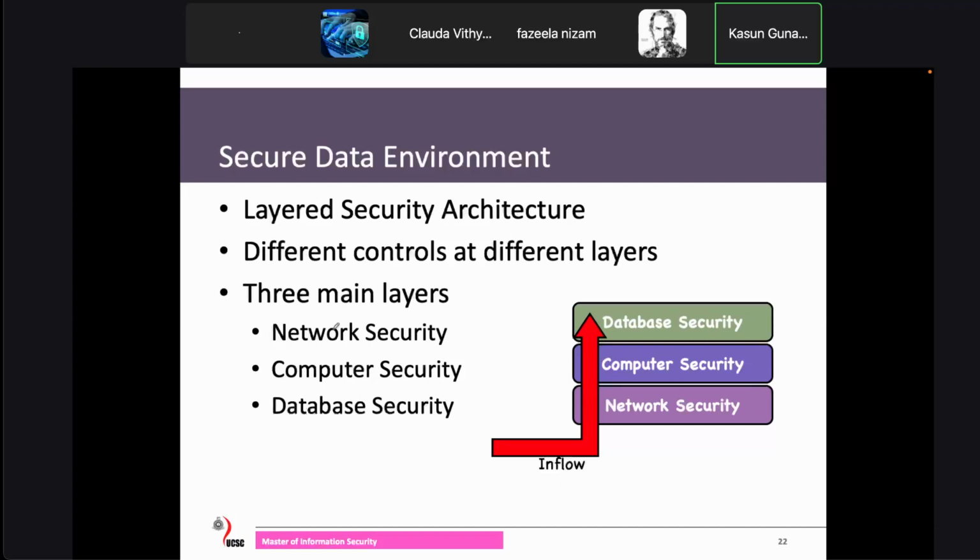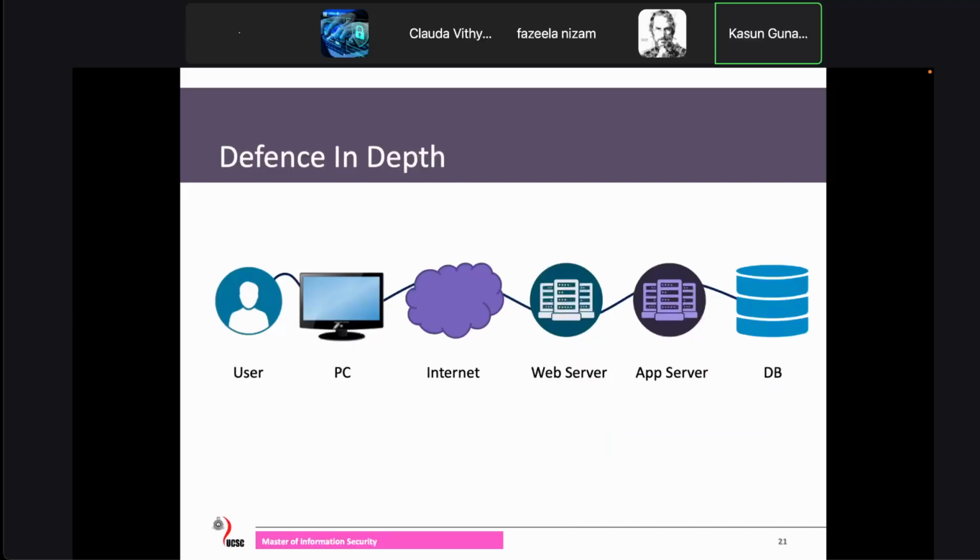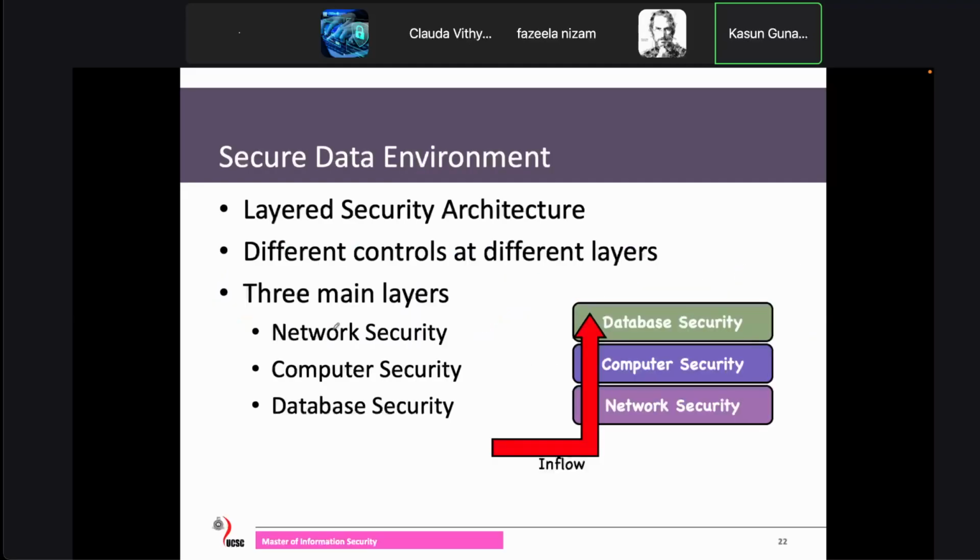So we identify three main layers here, but we can extend this model to many layers where it nicely align with this defense in-depth approach. So to simplify things, we just look at three layers: network layer, computer security layer, and then database security